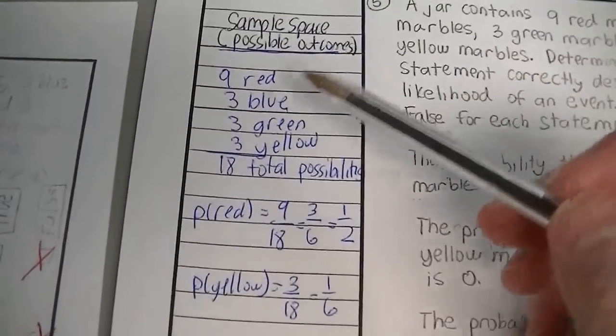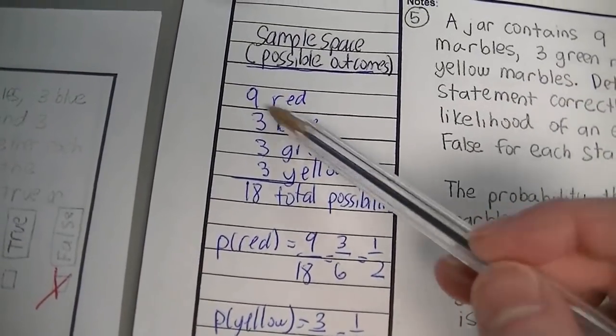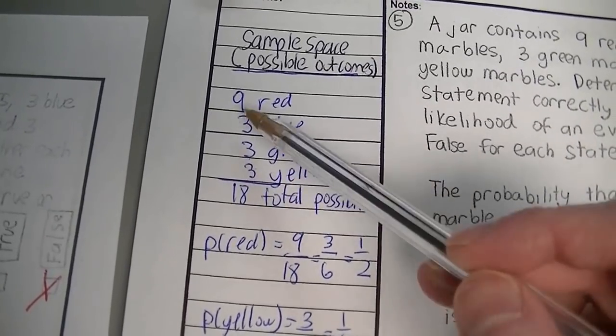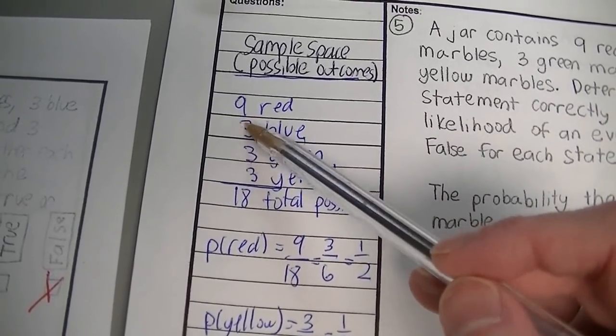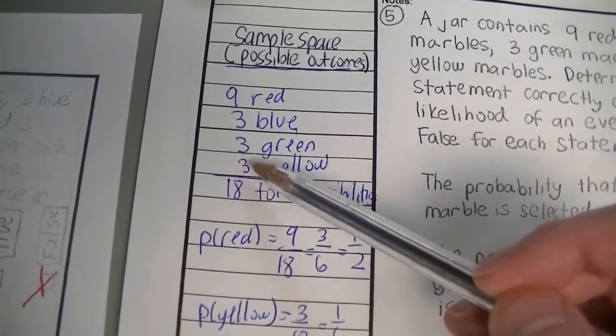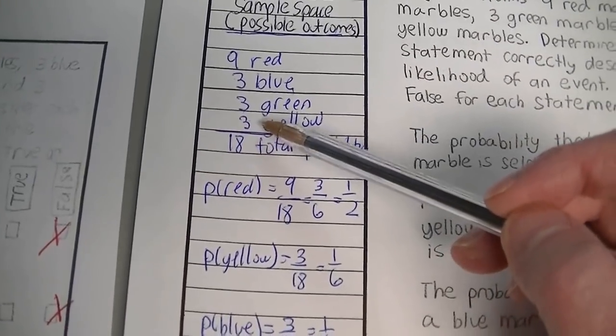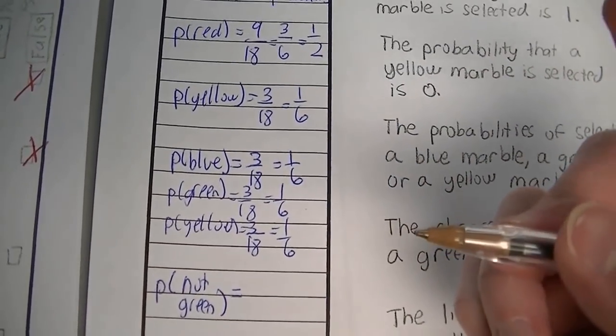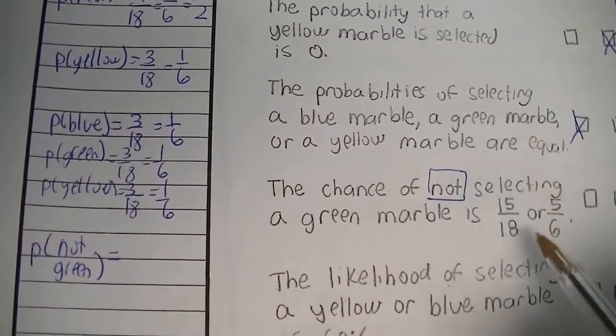You could just look at them and see, well, you're not green, so there's 9. You're not green, so there's 3 more. You're green, so I can't count you. You're not green, so there's 3 more. So 9, 10, 11, 12, 13, 14, 15. So 15 out of 18, okay? So that's one way I can do it: just go 15 out of 18 and then simplify that down to